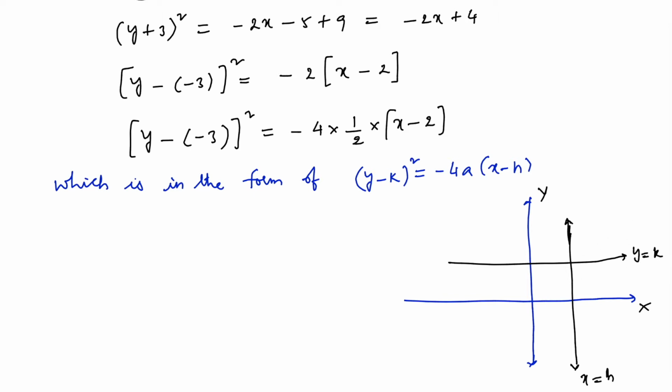The vertex of the parabola can be considered here at x is equal to h and y is equal to k. H comma k is the vertex, and since it is negative 4a times of x minus h, the parabola will open towards the left side of x is equal to h,